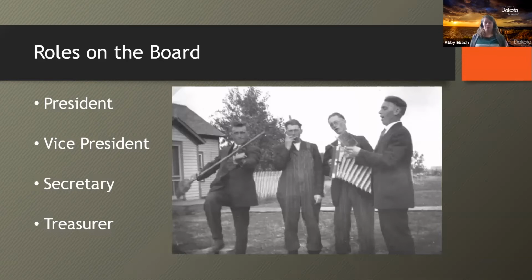And then, while not all board members are officers, all trustees are expected to attend meetings and participate actively. So this includes reading your board packet ahead of time, listening to everybody's reports, and asking questions if you need clarifications. And then again, if board members disagree on a motion, that's okay, but everybody needs to remain respectful. And then once a motion passes, everybody needs to support that decision publicly to show a united front.